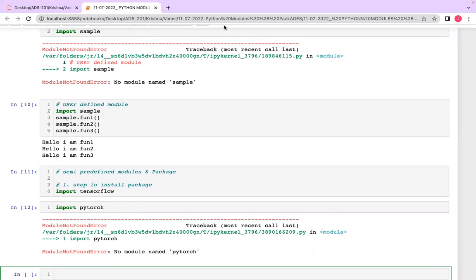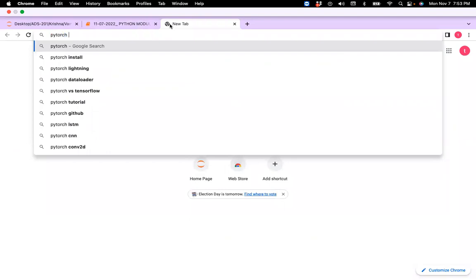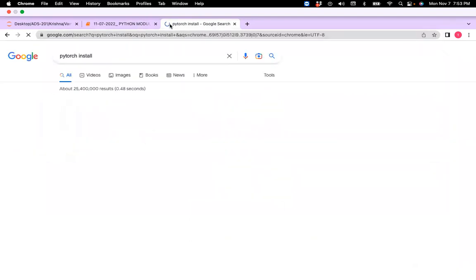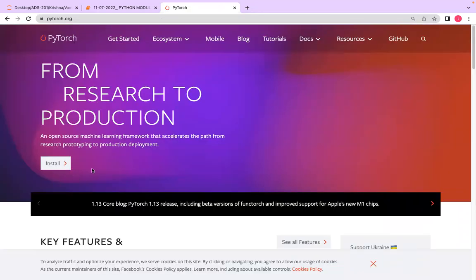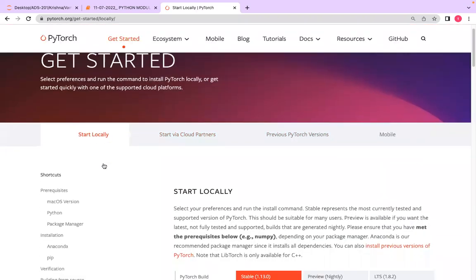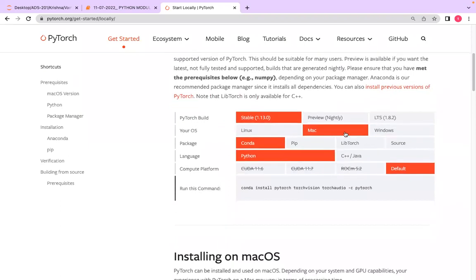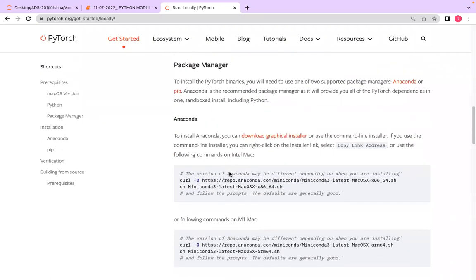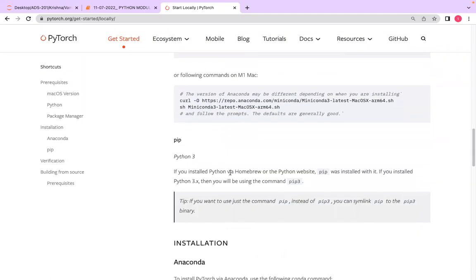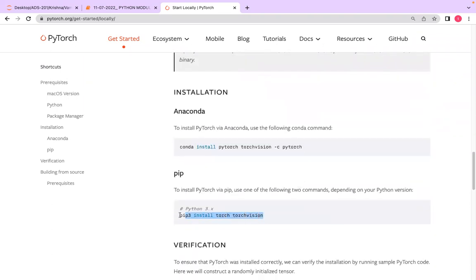Then I just want to do the PyTorch install, with pip install.